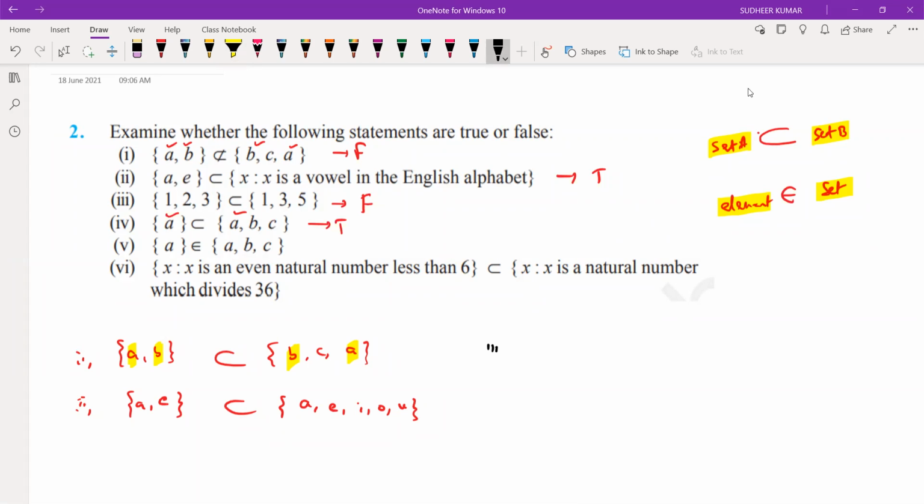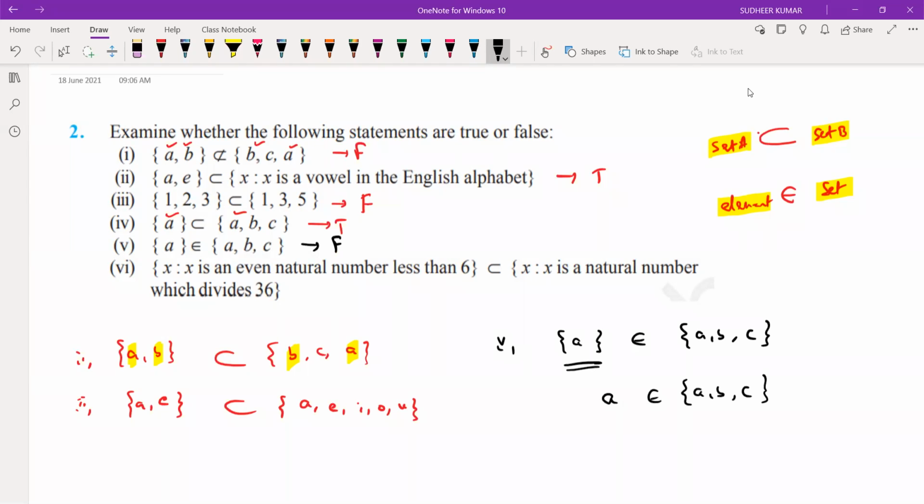Yes, sir. The fifth one, sorry. It is given set of A belongs to set of ABC. Since the left side part is given as a set, this is false. Suppose if the question is given A belongs to set of ABC,